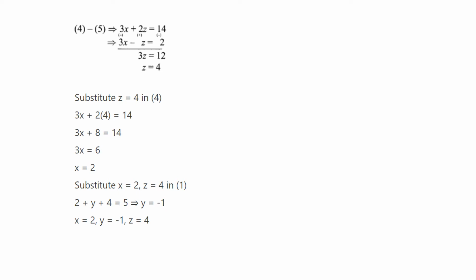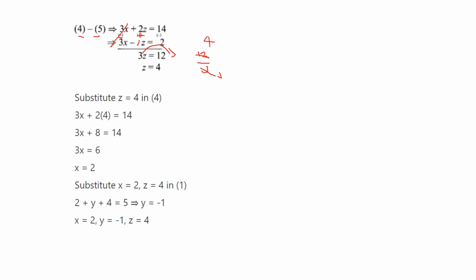Next, subtract the fourth equation minus the fifth equation. Write the 4th and 5th. The fifth equation's sign you change. Plus 3x minus, it becomes plus, and plus 2 minus, 2. So 3x minus 3x will cancel. Plus 2z plus z, coefficient 1. So 2z plus 1z, 3z, 14 minus 2, 12. So 3z equal to 12 means z equal to 12 by 3, the multiplication goes to the right hand side, it divides. That cancels with 3 fours are 12. z equal to 4.